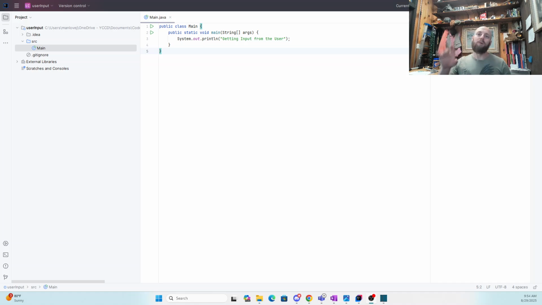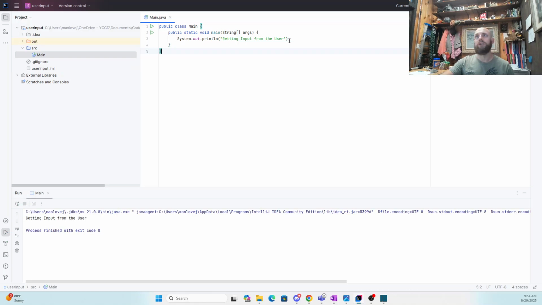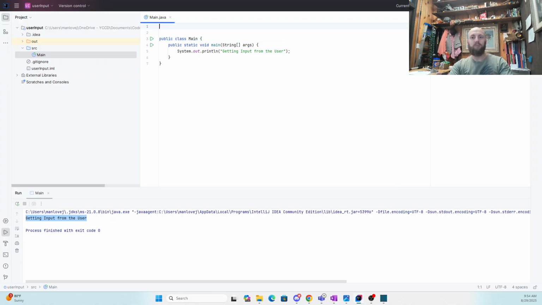So, I've got a new project here. I'm going to go ahead and hit run on this thing and just see what's going on. So far I just have sample code that I've changed to print out what it is that I'm trying to do. Okay, now in order to start getting input from the user, the first thing we're going to need is some kind of a scanner import. So that's going to be the word import. So we're going to import